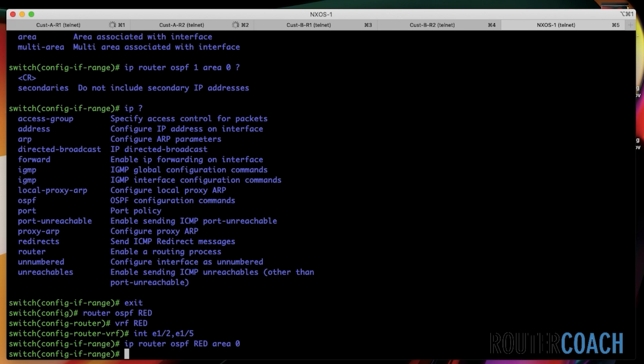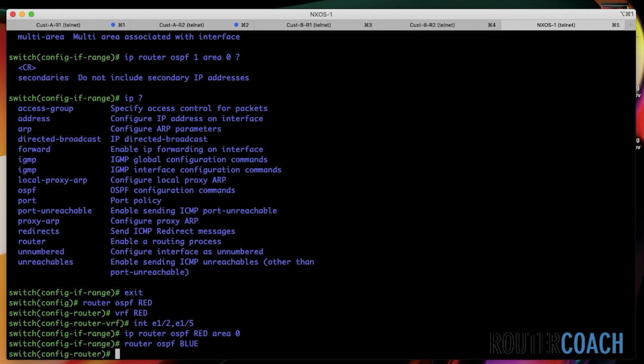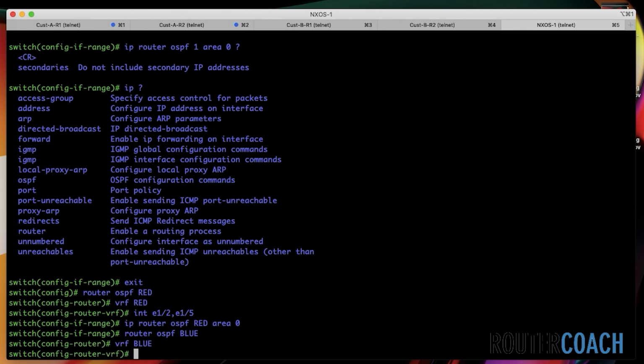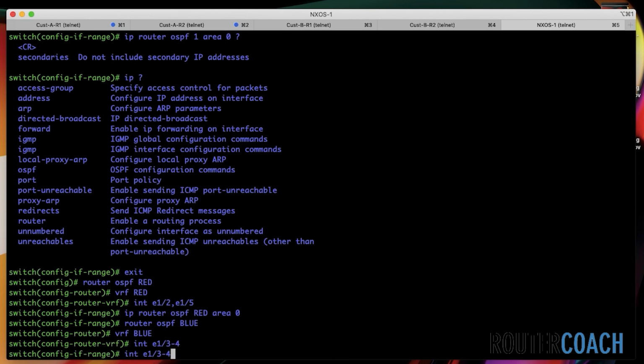Okay, that looks good. And I will do the same for the other side. So if I now say router OSPF blue, and I say that is for VRF blue, and that is for the interface ranges of E1/3 to 4, and I say IP router OSPF blue,